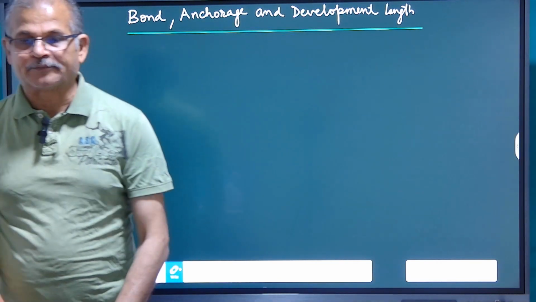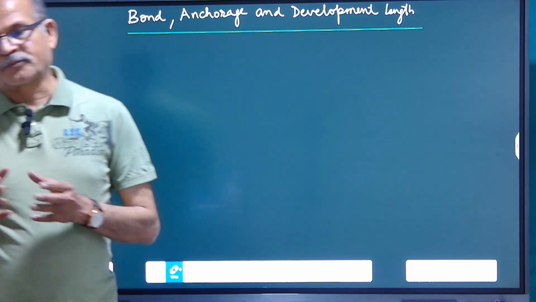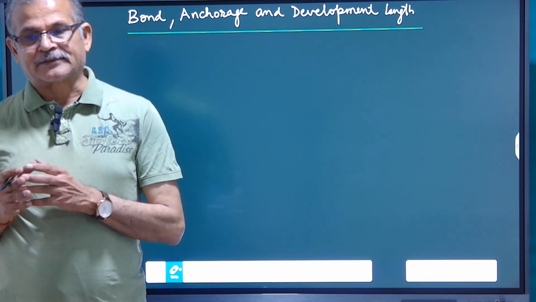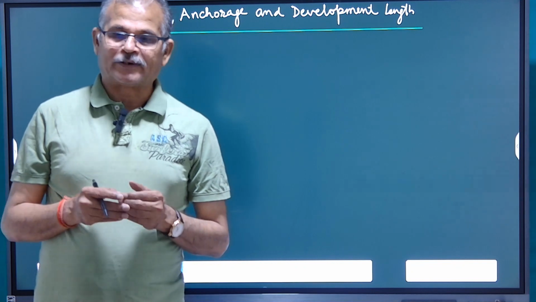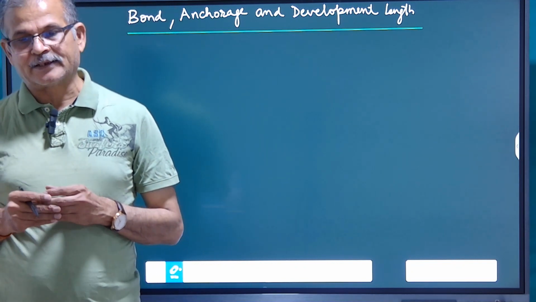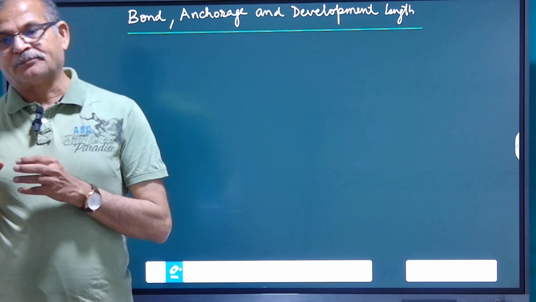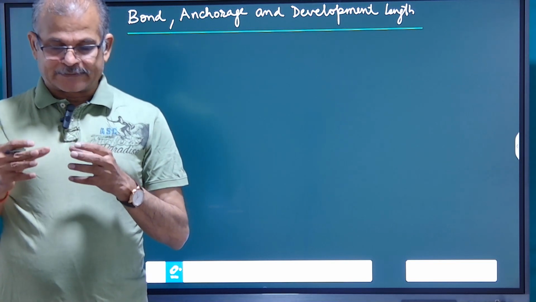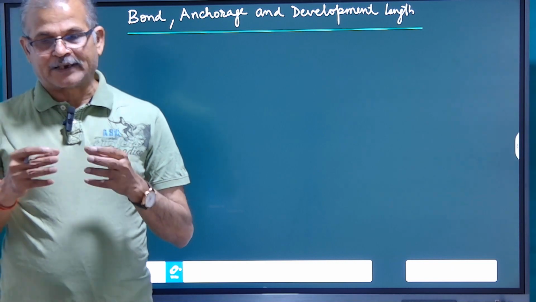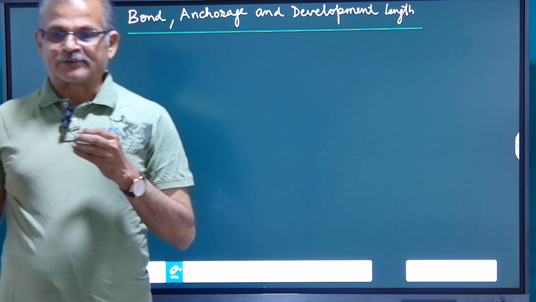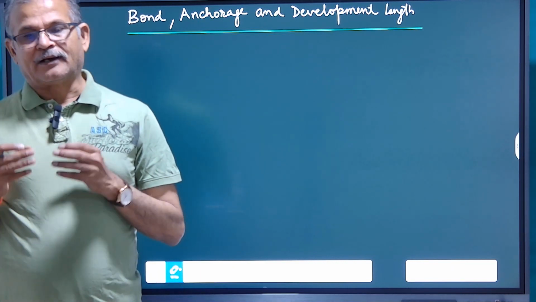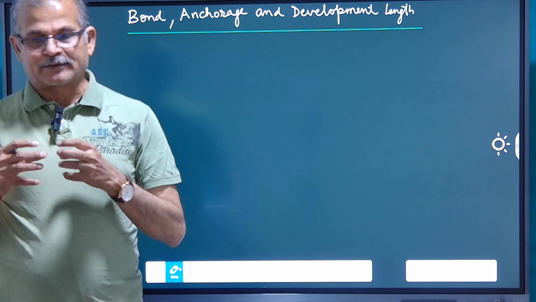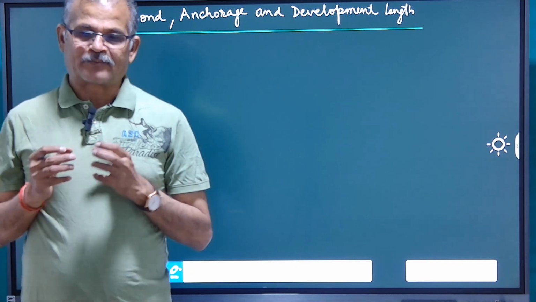आज के वीडियो के माध्यम से हम लोग IS 456 में बॉन्ड एंकरेज एंड डेवलपमेंट लेंथ ऑफ स्टील क्या होती है, क्लास 26.2 में दिया गया है, उसकी स्टडी करेंगे। बॉन्ड बहुत ही इम्पोर्टेंट एलिमेंट है, सो दैट कंक्रीट और स्टील के बीच में ऐसा बॉन्ड होना चाहिए दे शुड एक्ट टुगेदर, दिस द स्टील शुड नॉट स्लिप आउट फ्रॉम द कंक्रीट अंडर द लोड। फर्स्ट पॉइंट यही है कि बॉन्डिंग बिटवीन द कंक्रीट एंड स्टील should be proper, so